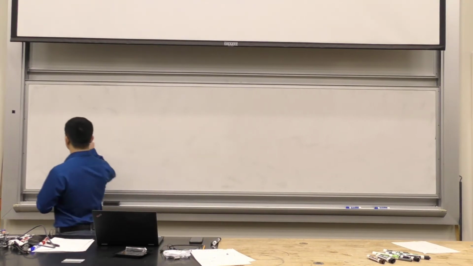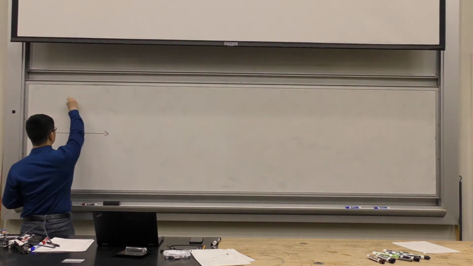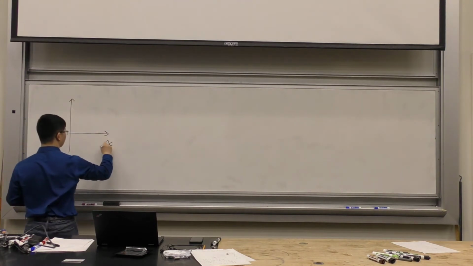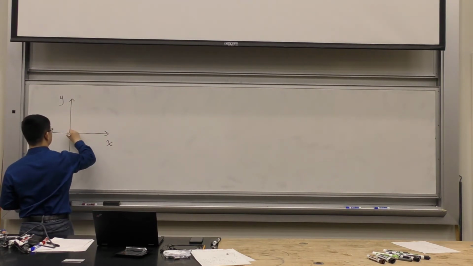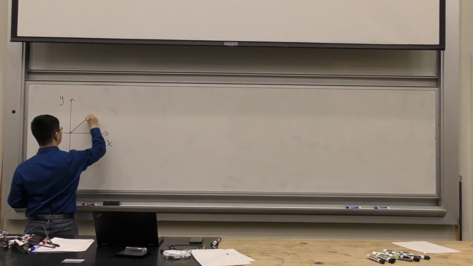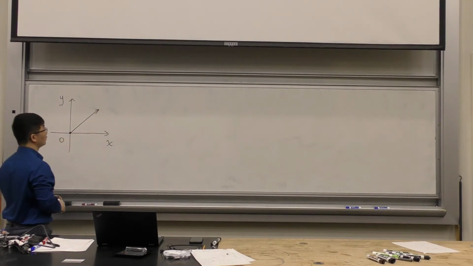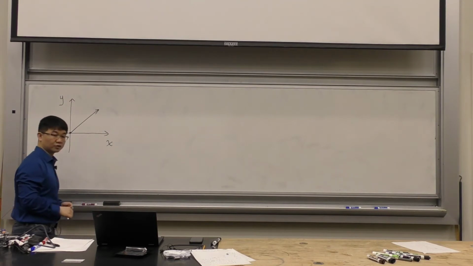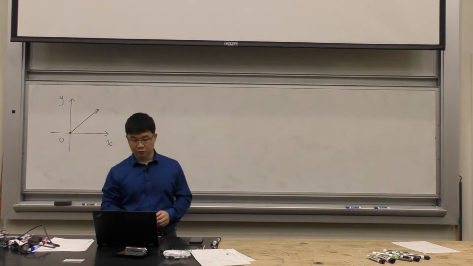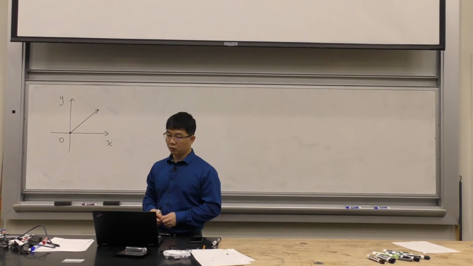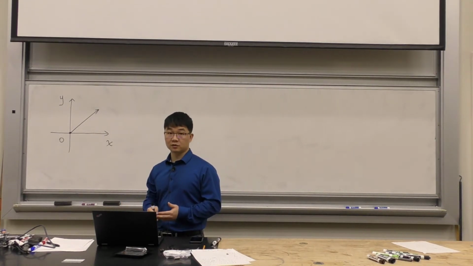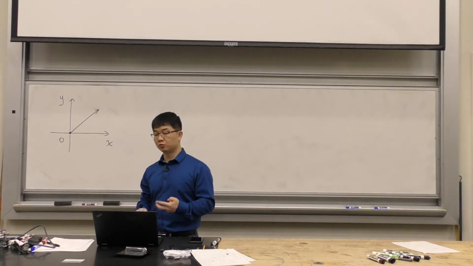Okay, so if I have a vector, I draw it in a coordinate system. I set up x and y, and there's a vector starting from this point. I call this point the origin. How do I represent this vector precisely? Well, there are two ways to do that. One way is that because it has a magnitude and direction, I would just use two numbers to represent